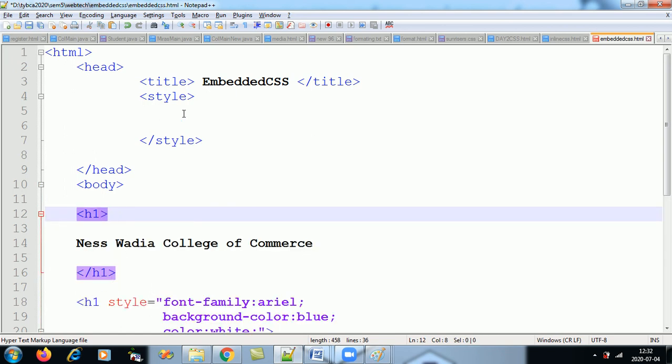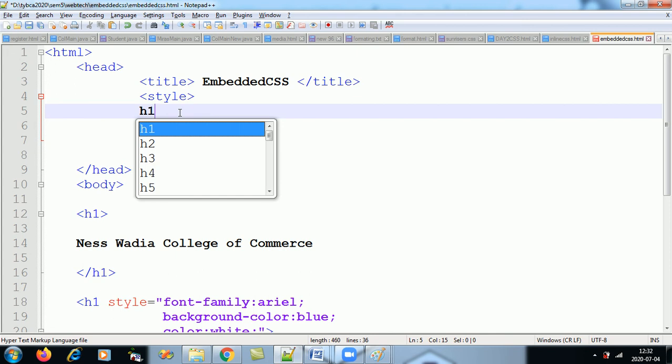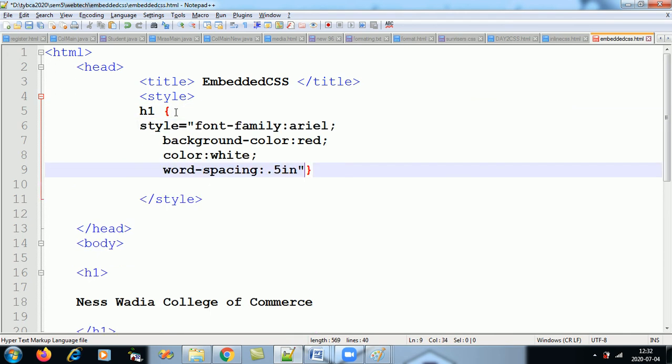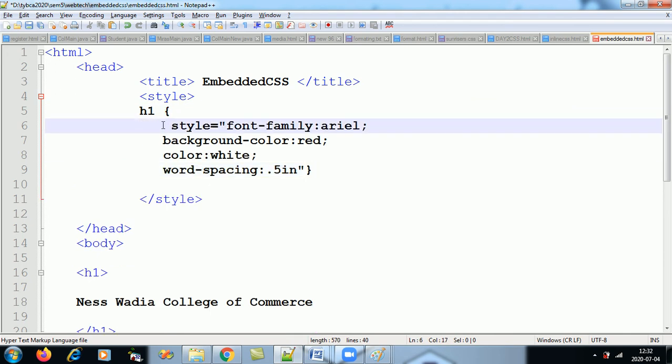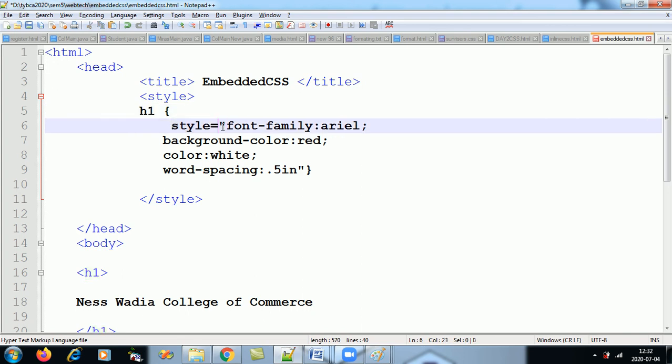no need to give the style over here, you can just give the style over here. We are formatting what? We are formatting the H1s. So whenever you come across a H1, this is the syntax. Give this style to each H1. So this is called as a selector. Okay, don't use the style keyword. So this is called as the selector, this is called as the property, and this is called as the value.